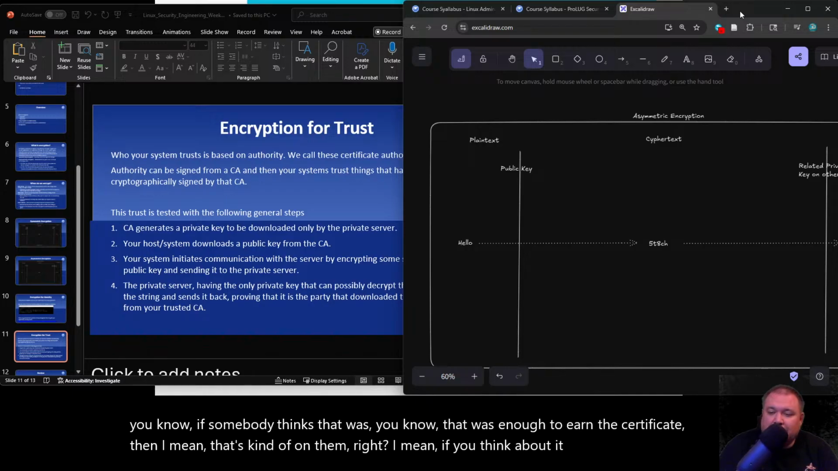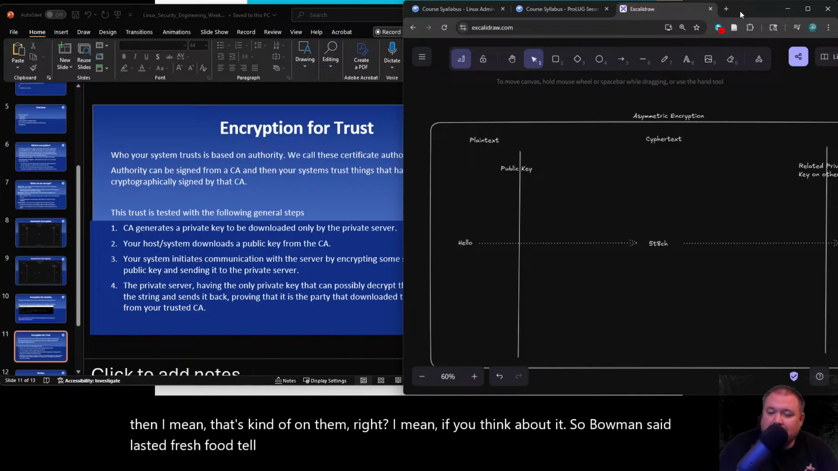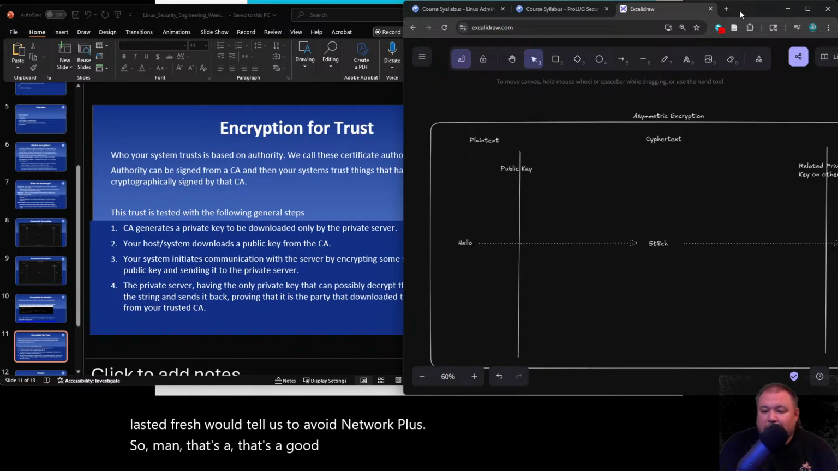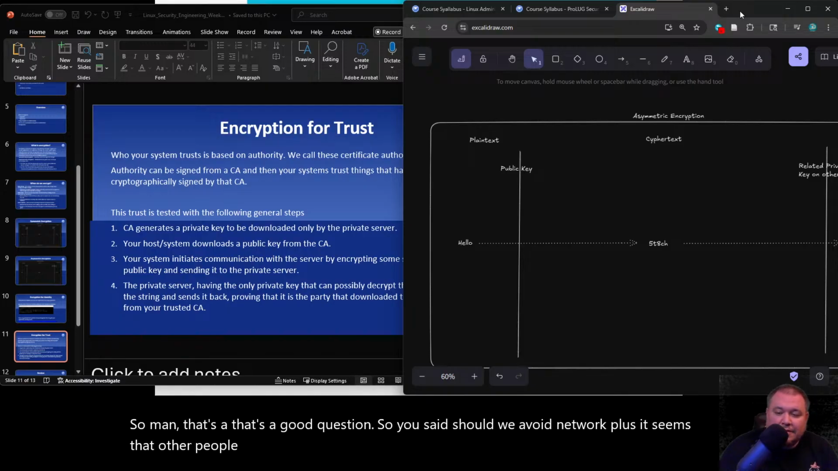So Bowman said, lastly, Professor would tell us to avoid Network Plus. Man, that's a good question. So you said, should we avoid Network Plus? It seems that other people say we should push towards cloud security and DevOps. Well,